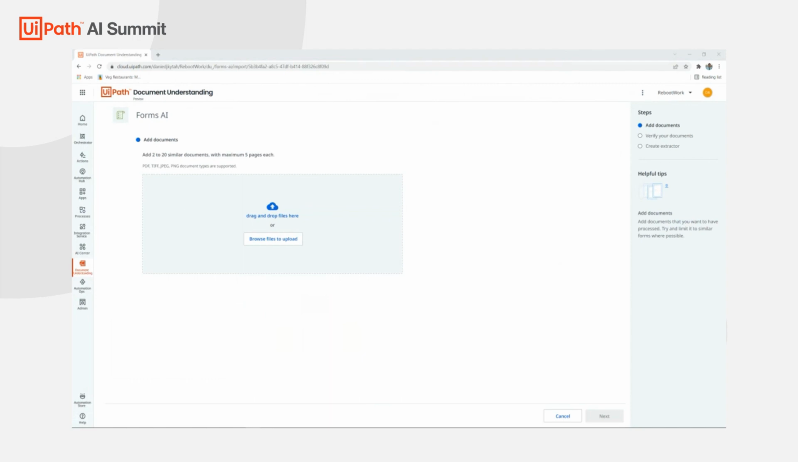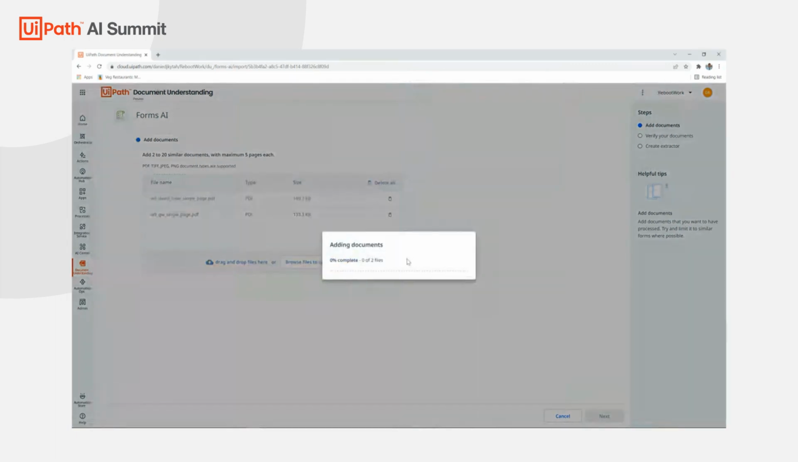Go ahead and grab some documents from my desktop here. Just going to grab two to start with, import those, and what happens behind the scenes is the document understanding tool, or Forms AI, will take those documents. It's going to digitize those documents in the background using an OCR engine, and then with one of the